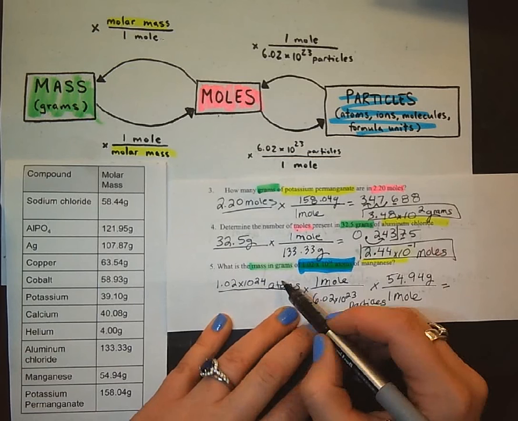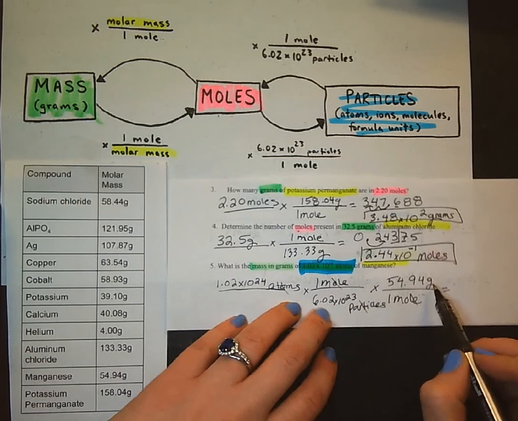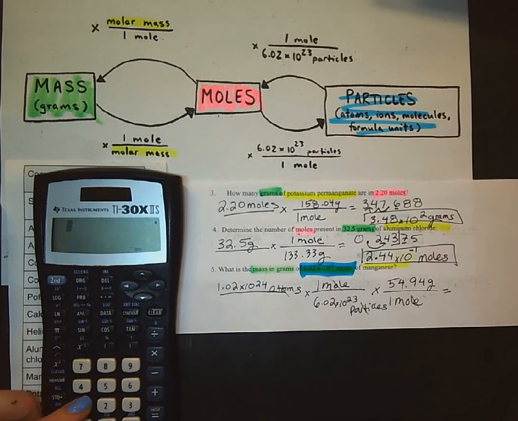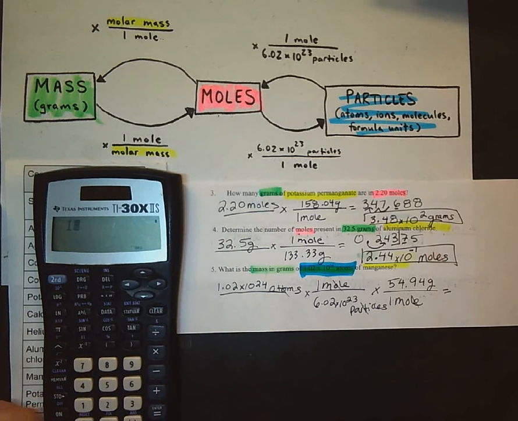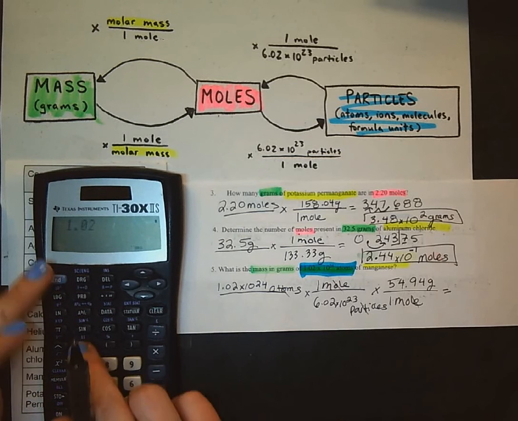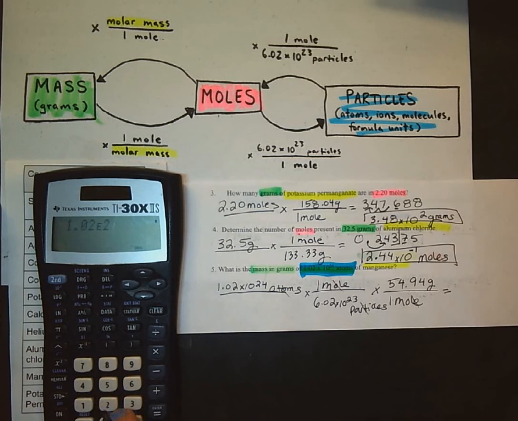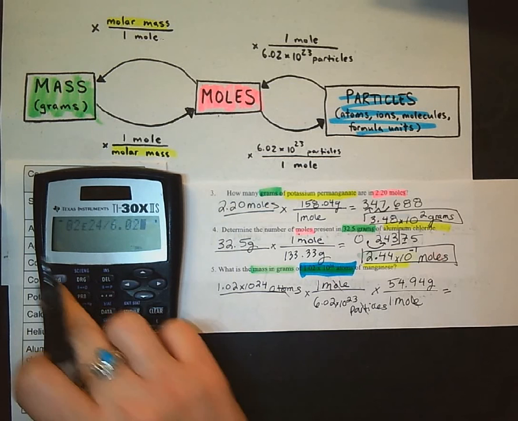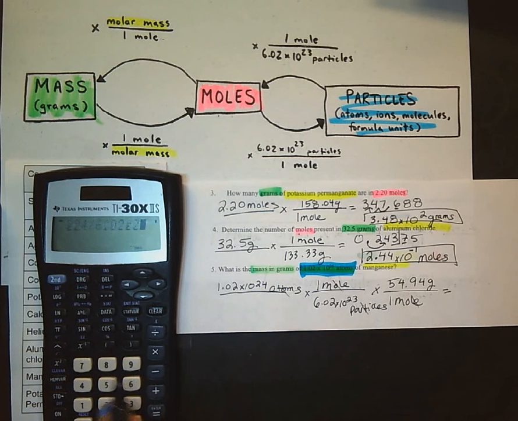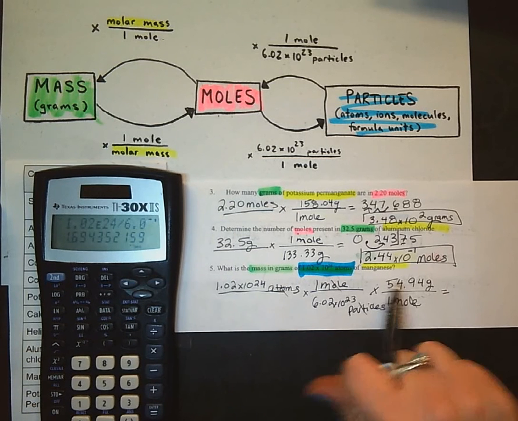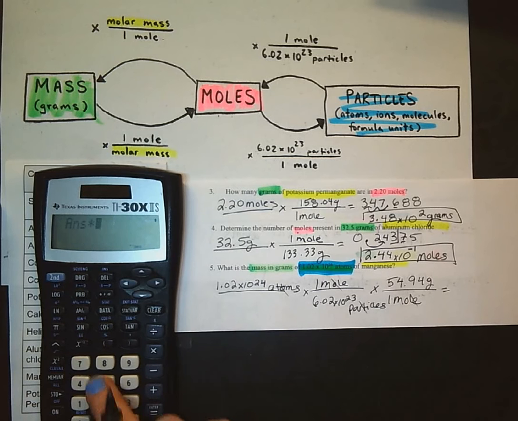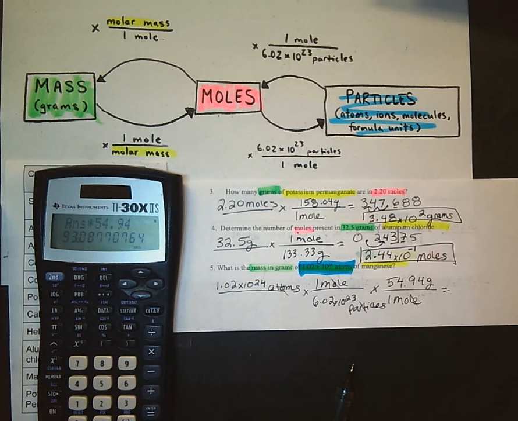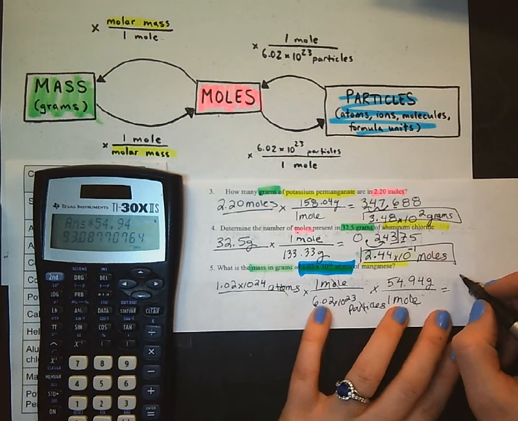Particles cancel out, moles cancel out. I'm left in grams, which is what I want. So you're going to have to plug this in your calculator. Let's type in 1.02, exponent button, to the 24th power, divided by 6.02 times 10 to the 23rd. I'm now going to multiply that by 54.94, and that should get you your final answer. So last and final answer, I get